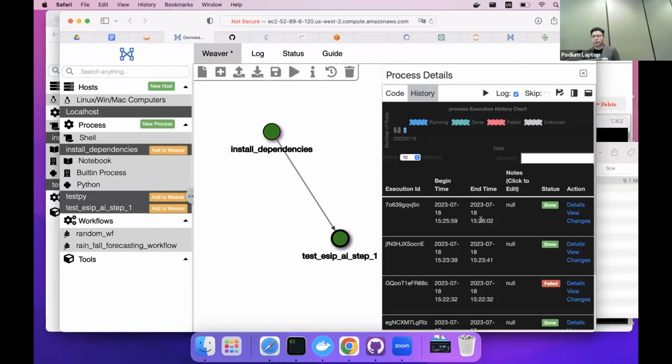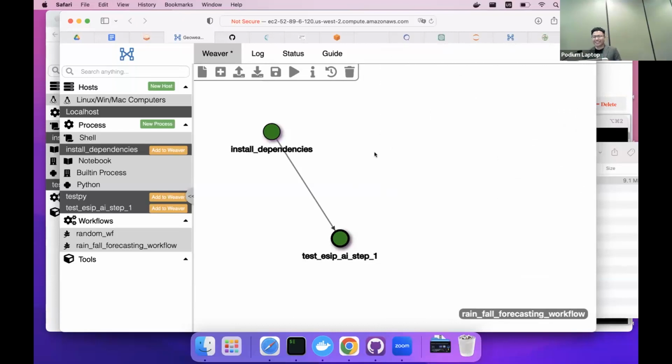This is why PyGeoWeaver is so important. And also, actually, MLflow is doing the same thing, but in a totally different way, at a different level. Actually, you can use MLflow inside PyGeoWeaver as well. They are not conflicting with each other. Hope this makes sense. I don't know.